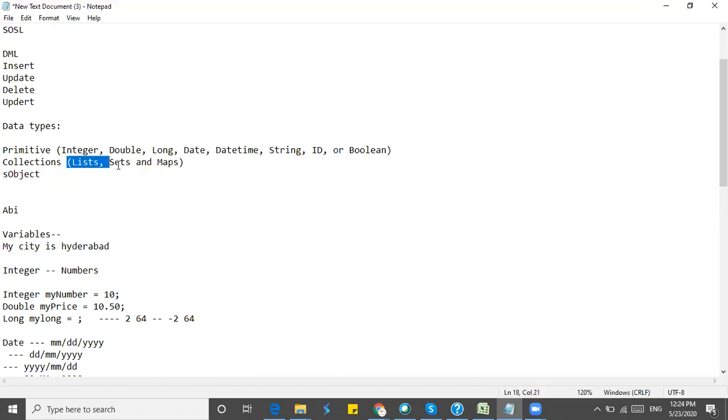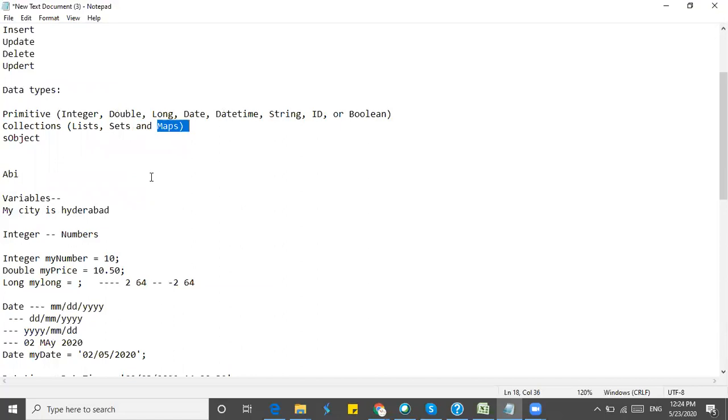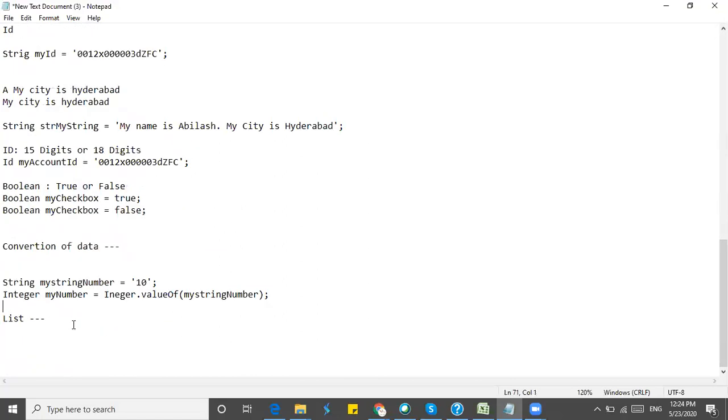So each data type has its own functionality, like some different functionality. Like list can have duplicates. List will accept duplicates. So list can accept duplicates. Let's say we have